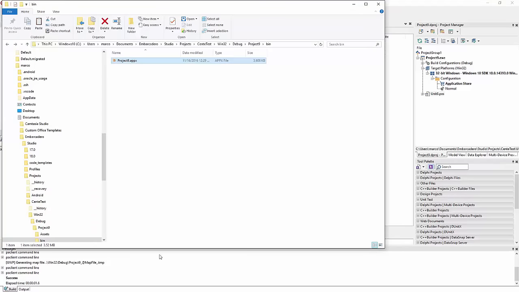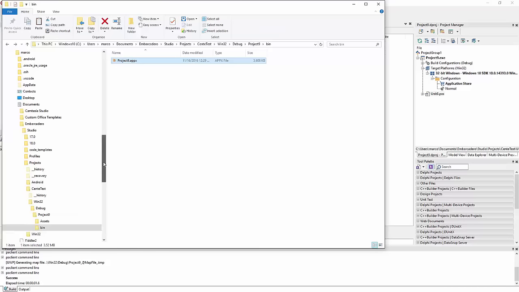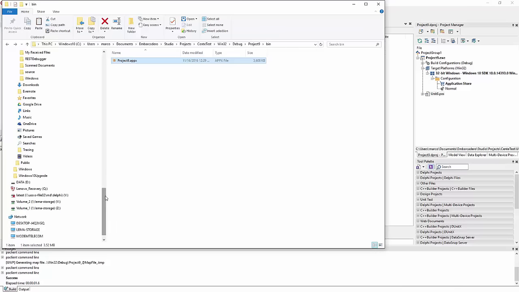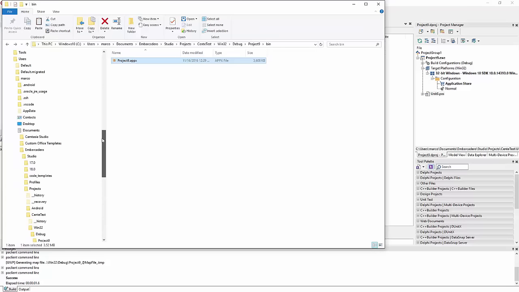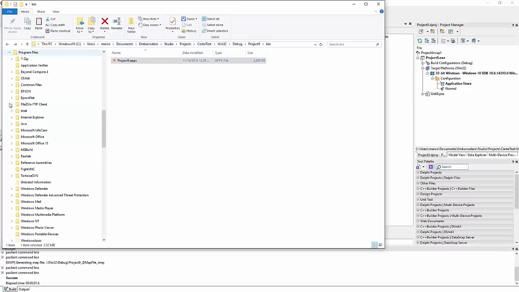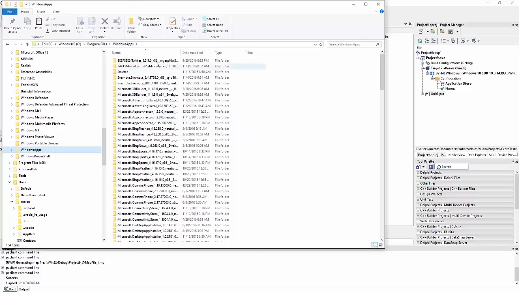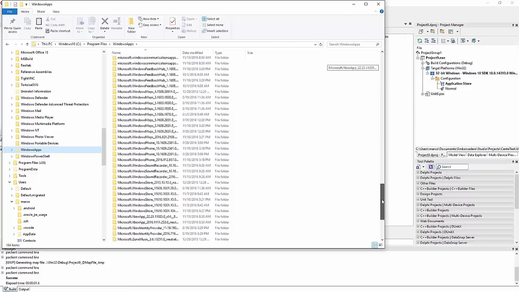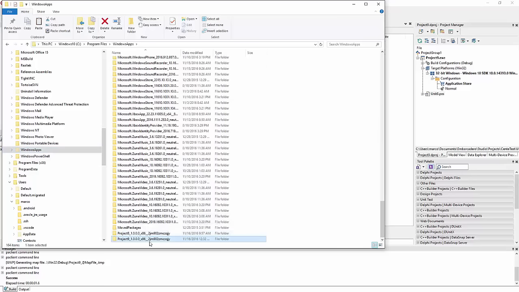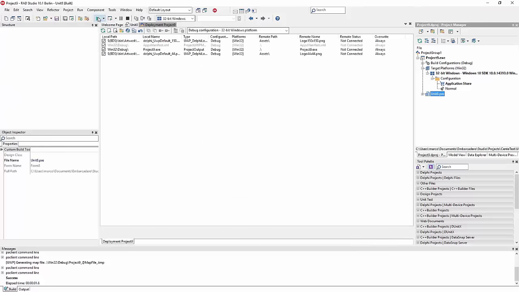In all practical terms, the application is stored in a special location of the operating system under Program Files, there is a Windows apps subfolder that's generally protected, where you get all of the WinRT applications, including our project 9 for this specific ID and version number. So when you're creating a new version number, you can redeploy the application. If you just rebuild it and redeploy it